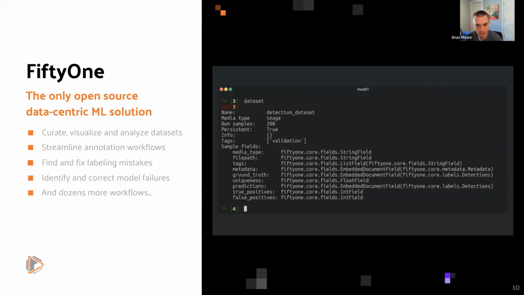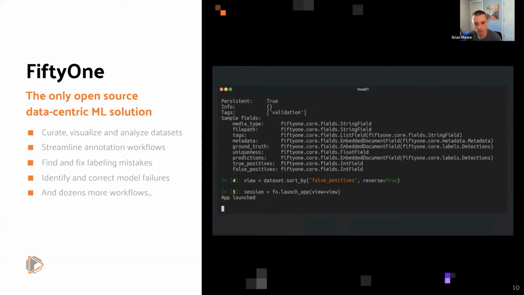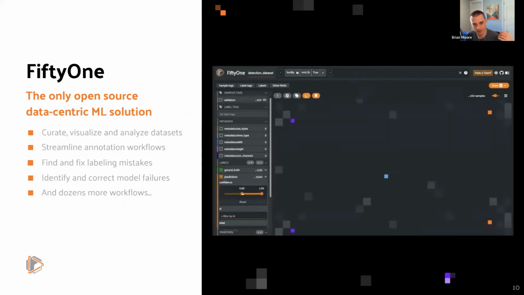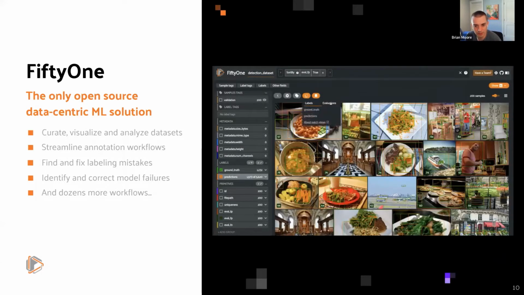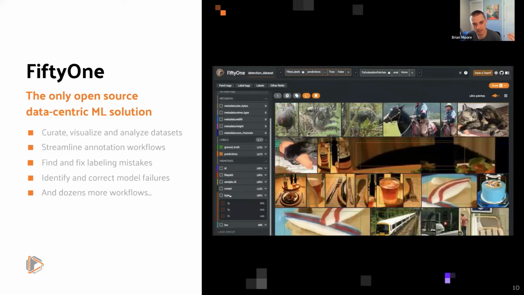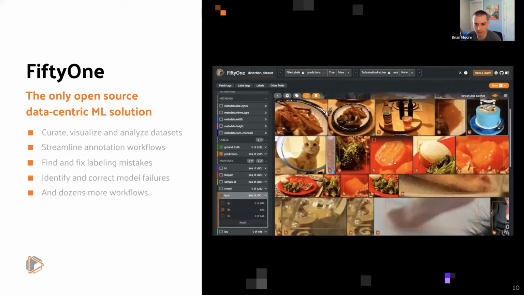Like Jimmy mentioned, it's an open source project. You can find it on GitHub. You can install it through Python. Quick overview of the product itself. It's the only open source data-centric ML solution. And what that means is that it's going to give you a common language to quickly load in